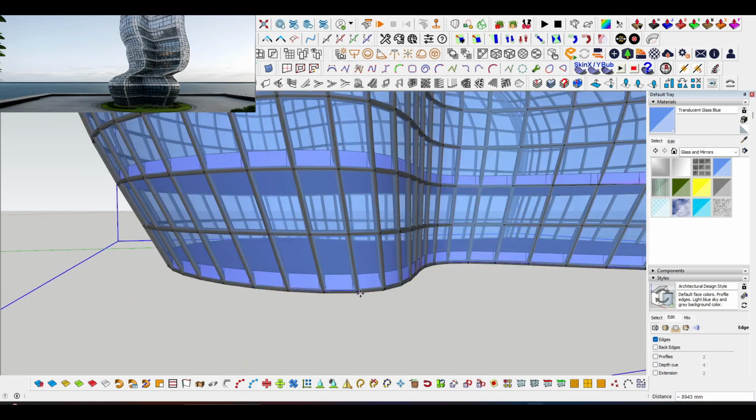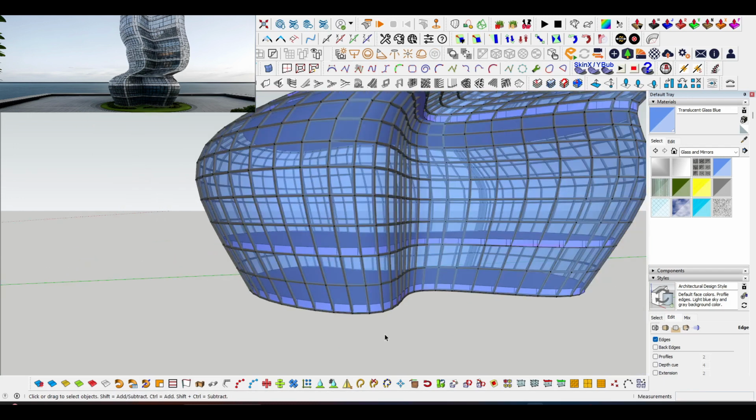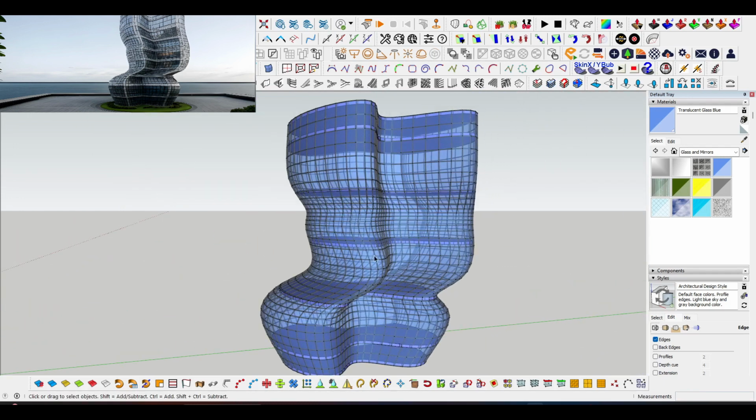So this is the method that you can use in SketchUp to create some interesting models in SketchUp. Okay,